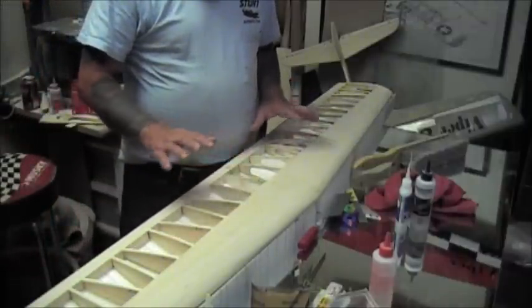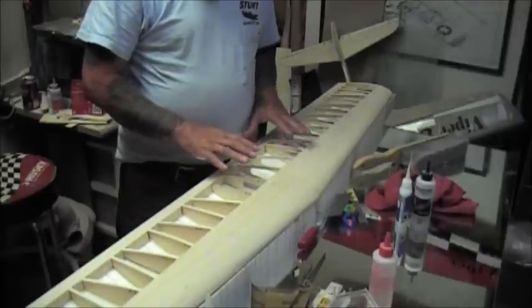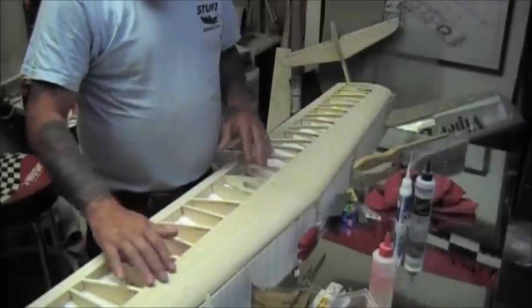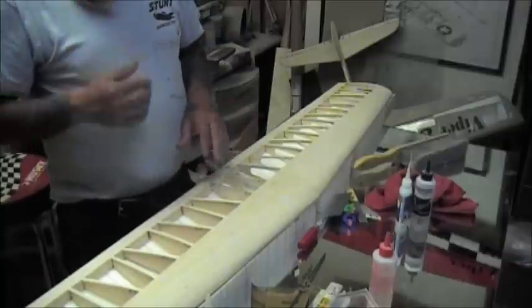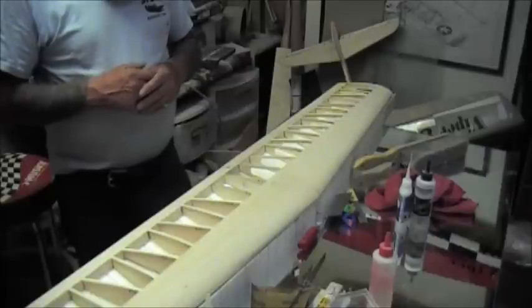The reason why I wanted more ribs is that I was using the 16th inch sheeting on this, and the ribs are about every inch apart in the leading edge, so it has a lot of wood in it. But I'm real happy with the weight,